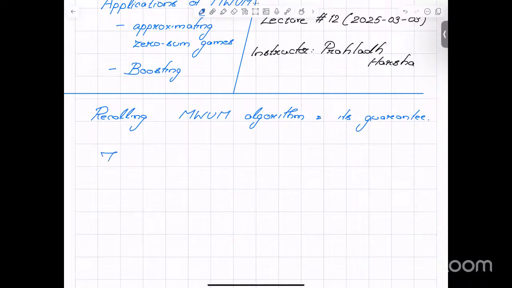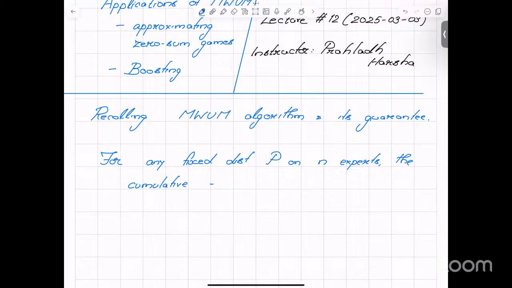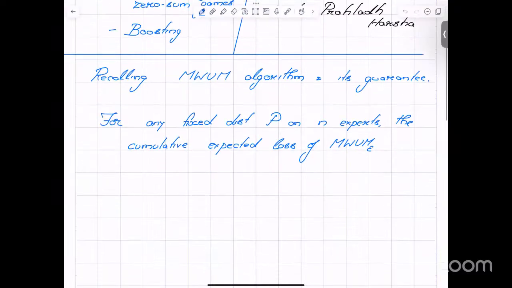Basically we showed that for any fixed distribution P on the n experts, the cumulative expected loss of the multiplicative weight update method with parameter epsilon, called LT, defined as the sum of MT·PT, where MT is the loss vector at step T and PT is the probability with which the algorithm behaved, is upper bounded by